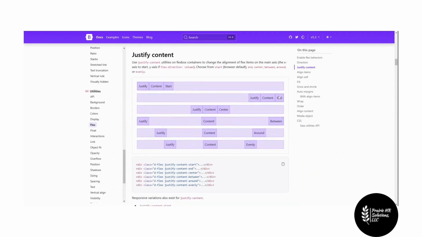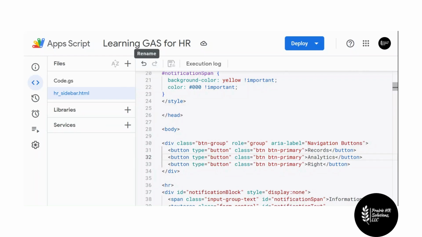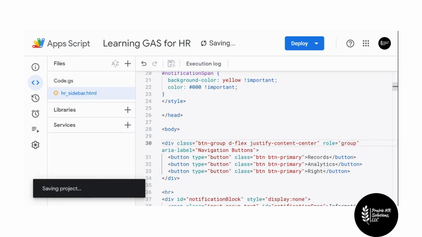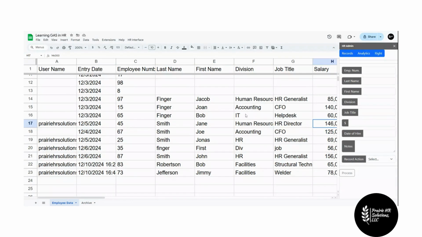We want it right smack dab in the middle. We'll scroll down here, justify content. Here we go. And justify center content. So it's this right here, and you can see that it's simply a class. So what we can do is copy this d-flex justify-content-center that they already built into CSS for us. Just copy that. We'll go back over here to our HTML code, and this div, we want to go at the end of the class, because remember, we can always have additional classes assigned to it. So now when we save this